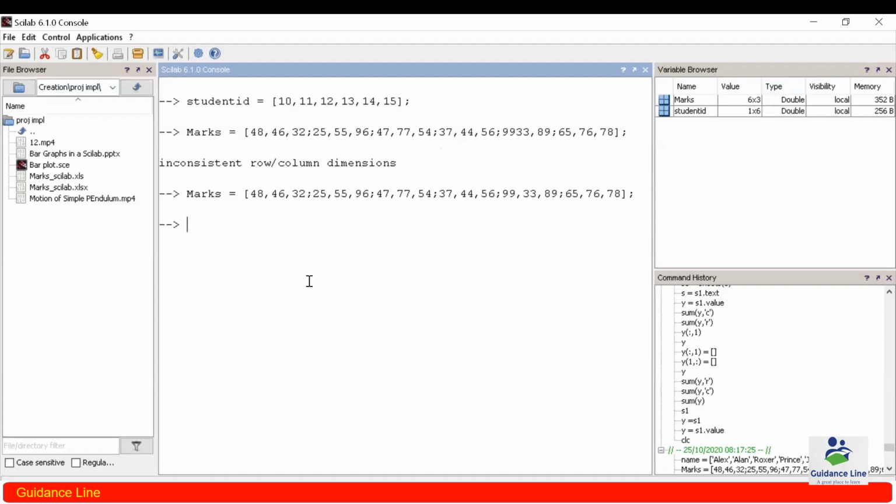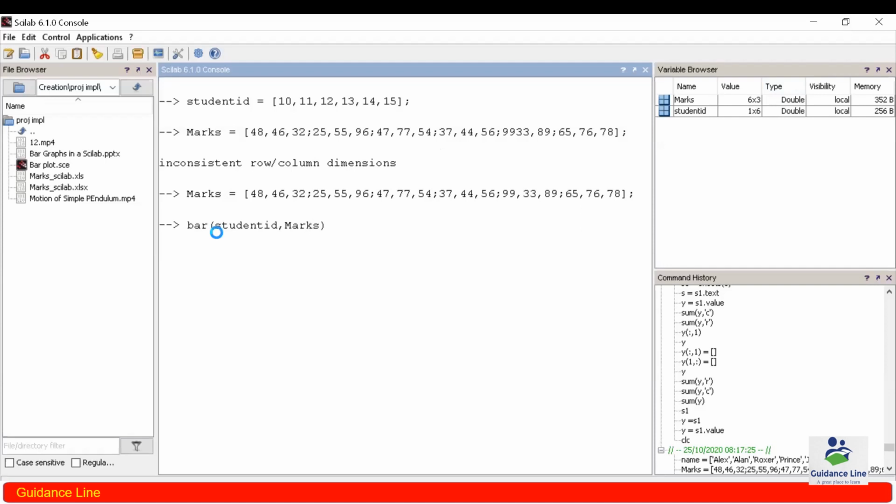Now for making a bar plot, I simply use the inbuilt command bar and pass the first argument as the student ID, and then the second argument is marks.